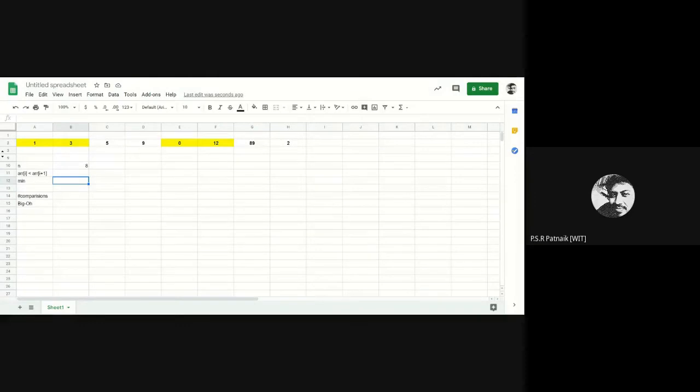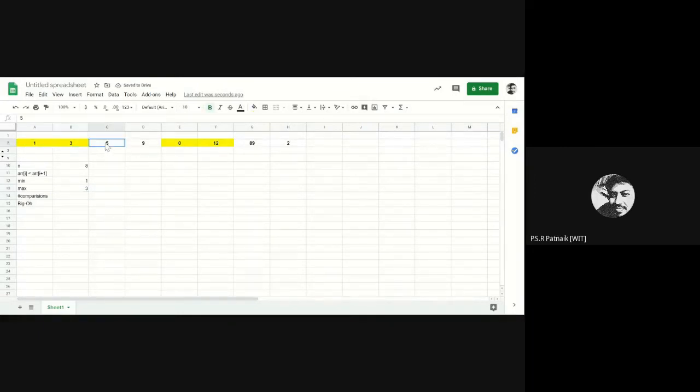So when you have compared the first pair, the minimum would be 1, because obviously the first element is less than the second one, 1 is less than 3, and max would be the second element, right? This is your first pair.